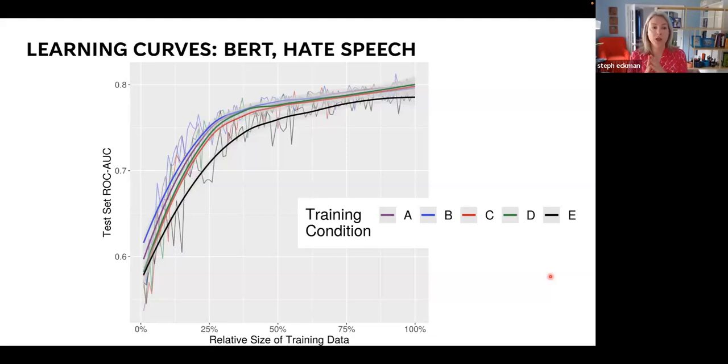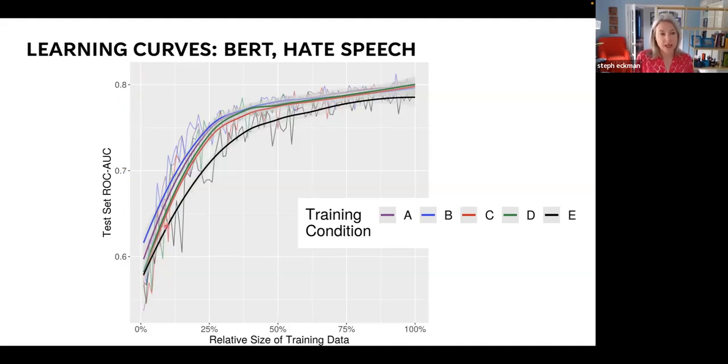So what we're doing with the learning curves is tracking how our ROC AUC statistic changes as we give it a little bit more training data and a little bit more training data. Before, we were just showing you all the training data, all those 2,250 tweets and all the labels that we have for them in each condition. But now what we've done here is we've randomly chopped up that training set and we're feeding the models, and this is the BERT model here, just a little bit of training data at a time, right? Like spoon feeding a little more, evaluating the model, giving it a little more training data, looking at how it performs. And so you can see as you give it more and more training data, that's the x-axis here, you get higher performance, higher ROC AUC curves.